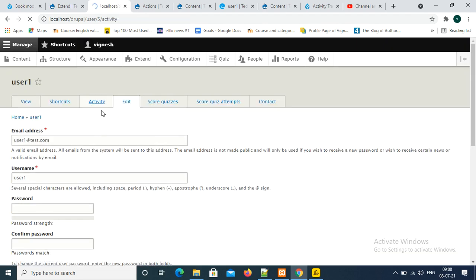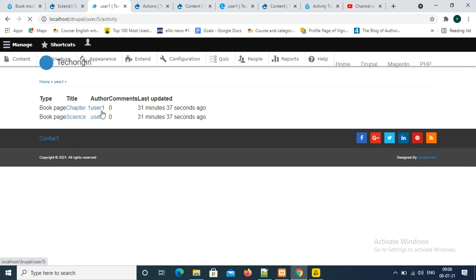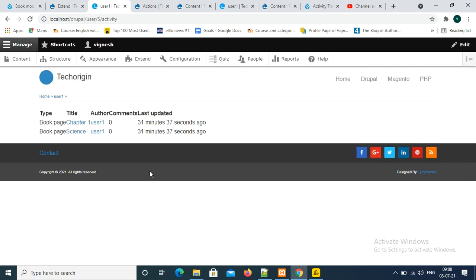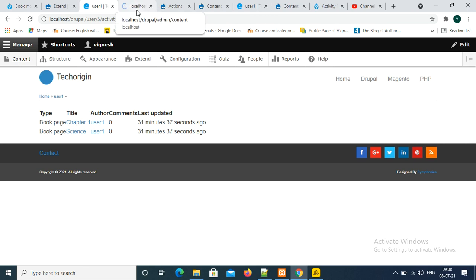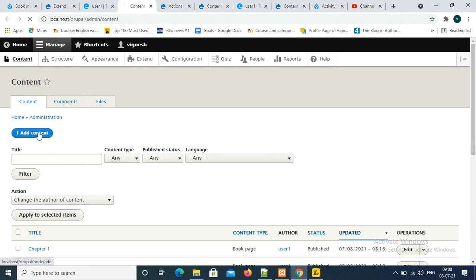So you see a new tab called activity over there, and it shows the list of content types or content actions which you have modified or created. I'm just going to create a content, and right now I'm logged in as an admin user. If I make any additional changes, this activity tracker will get updated accordingly.